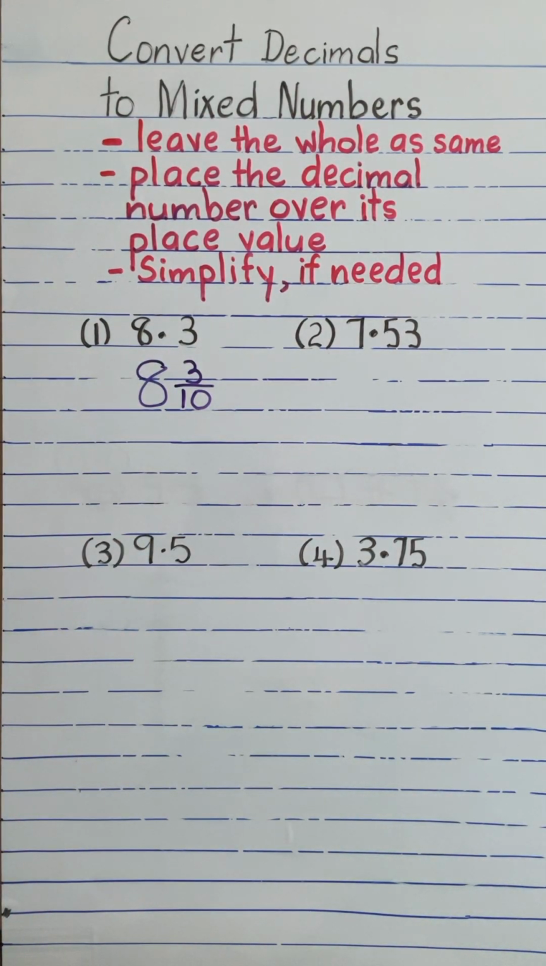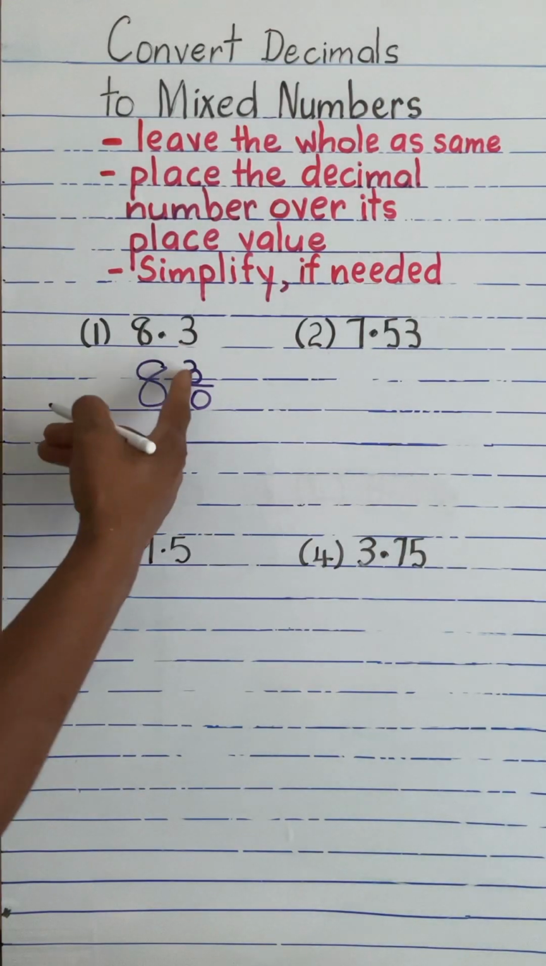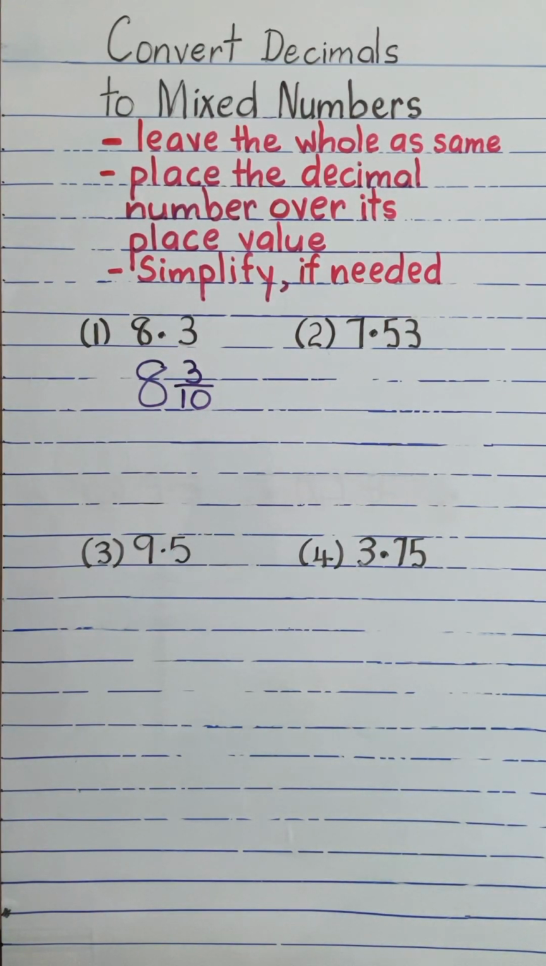And next we simplify if needed. This cannot be simplified. It is already in its lowest terms. So 8.3 is equal to 8 and 3/10. That's our final answer. Next,